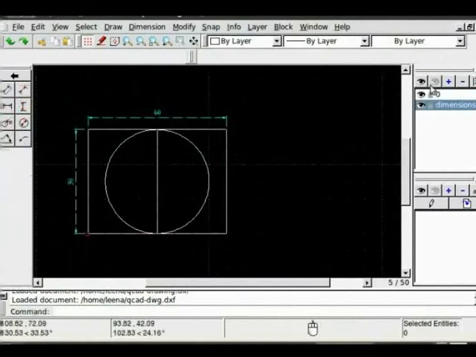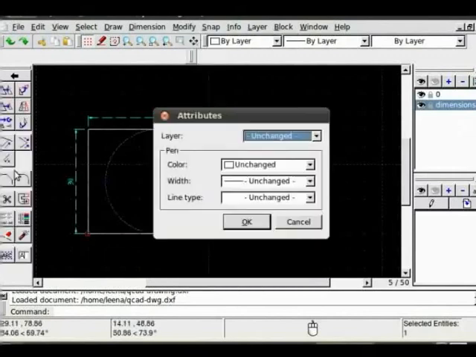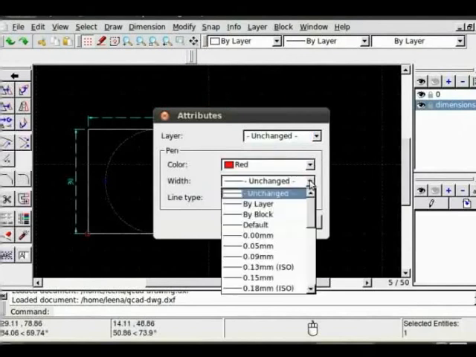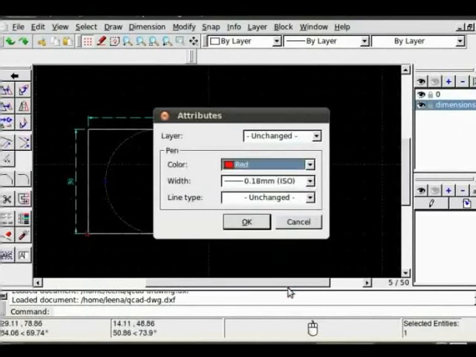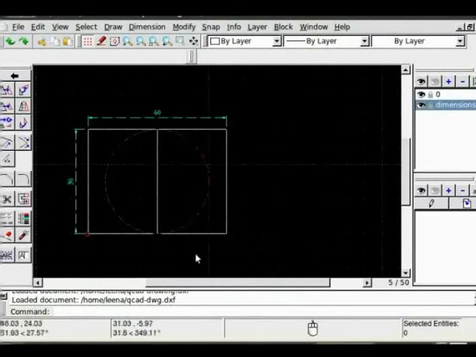This way, if I have it on a different layer, I can always, when drawing gets busier, click on this eye icon not to show the layer and see the drawing clearly, and when I want it back, click back on the eye icon again. Now if I want to change attributes of any object, I click on that object, go to modify attributes. Now once the selection is made, click on the arrow. Let's say I want to change color to red, width, let's increase it, and the type, make it dash and dot. Okay, the attributes are changed. Let's save the drawing.